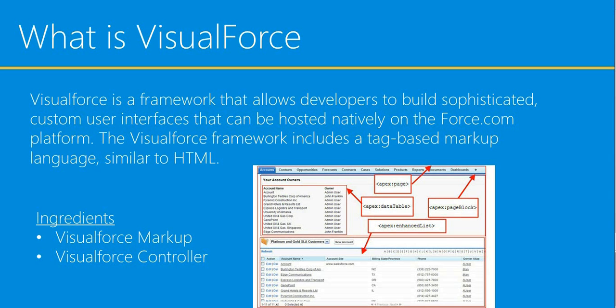Now as you can see in this page, there are two sections, the topmost section and the bottom section. Those are actually called page blocks. So the topmost part, your account owners, that particular block is one page block in that Apex page, and the next one, which has a list view over here, is also a page block. As you can see, the first page block contains a data table, the account name and owner kind of data,